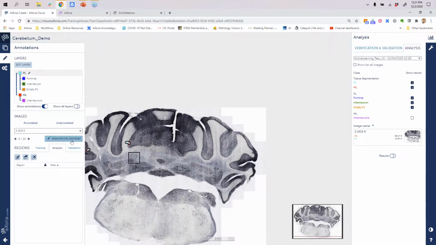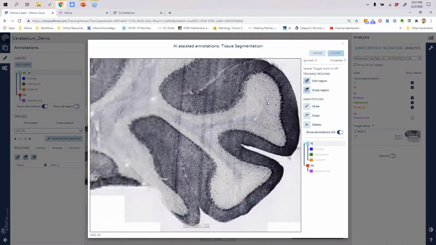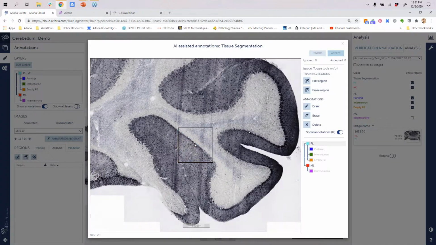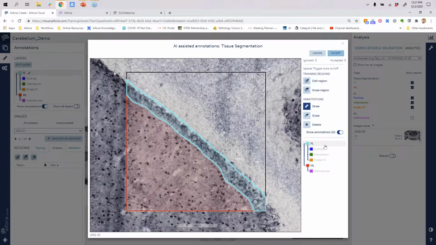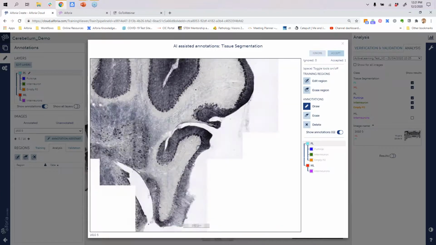Again, this works for all layers in the project. You can do it for your semantic segmentation, your area region segmentations, and you can also do it for the object detectors as you saw. It's really easy just to quickly update those and then accept that into the neural net. As soon as you accept it,